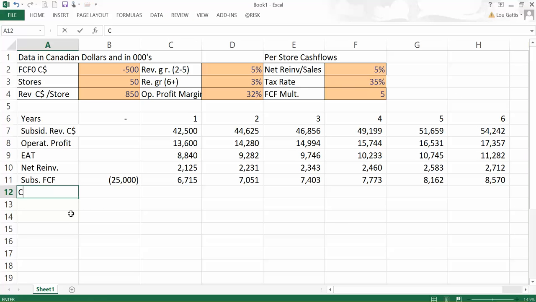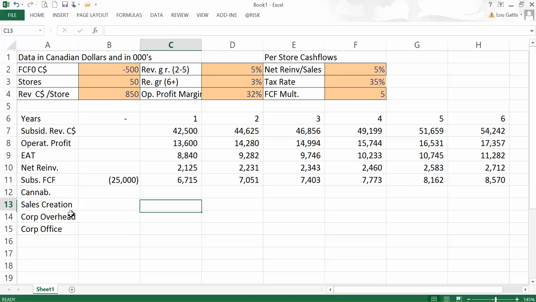So we got cannibalization, sales creation, corporate overhead, and that corporate office. We'll assume all this happens in 1 year. So cannibalization costs 10,000, creates sales of 8,000,